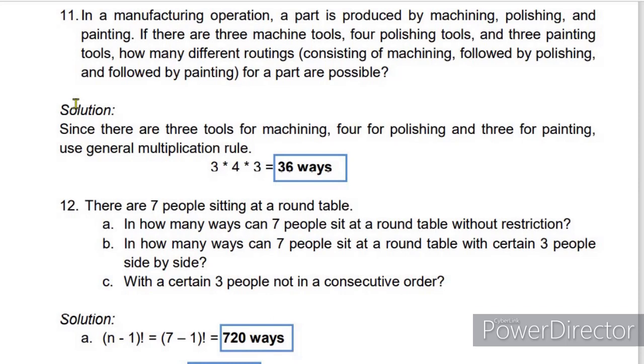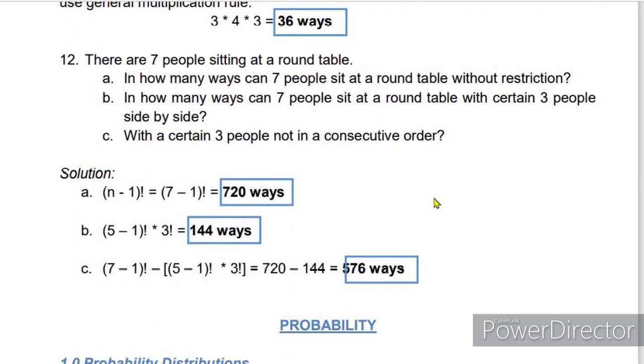Next, number 12. So for number 12, there are 7 people sitting at a round table. So letter A. And how many ways can 7 people sit at a round table without restriction? Okay, so here we will use the permutation in a circle because a round table is present here. So the formula for that